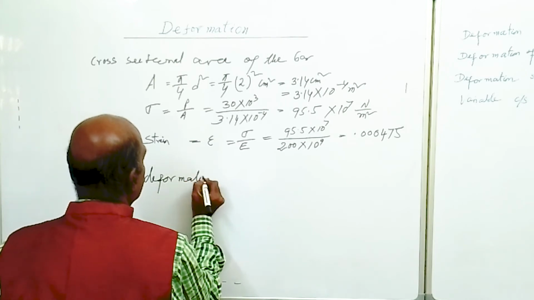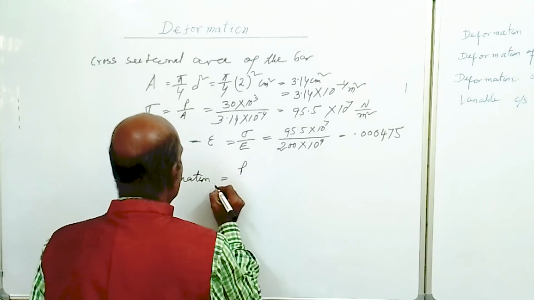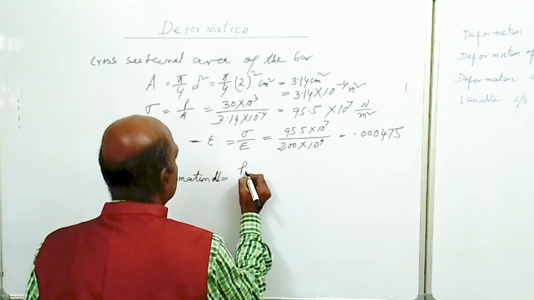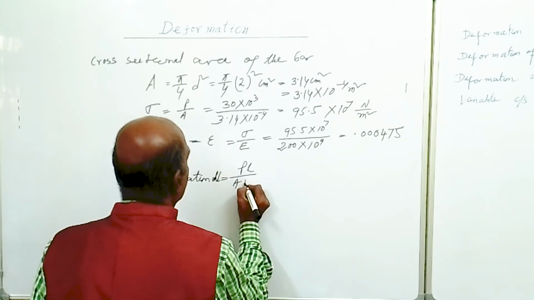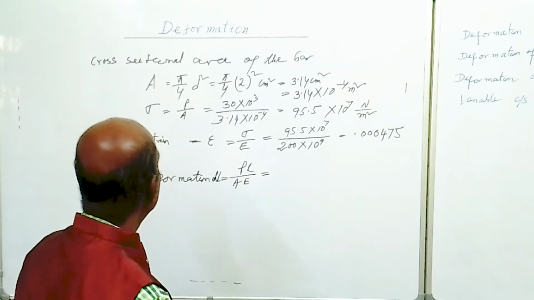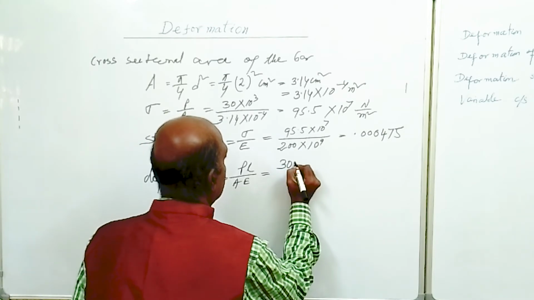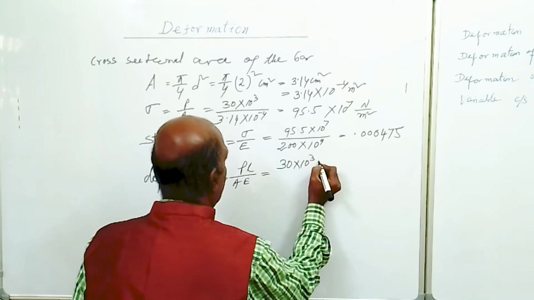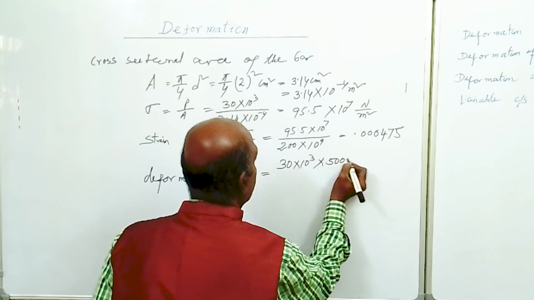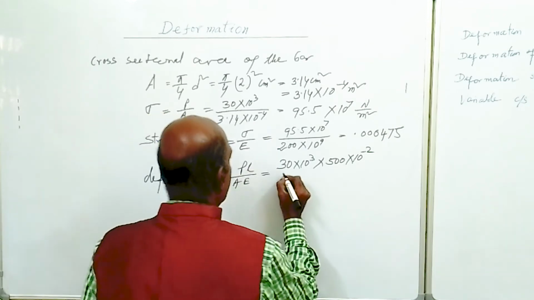Deformation is given by dl = P into L by A into E. So we have P, that is 30 kilonewton, 30 into 10 to the power 3. What is L? L was 500 centimeter, 500 into 10 to the power minus 2 meter, divided by A